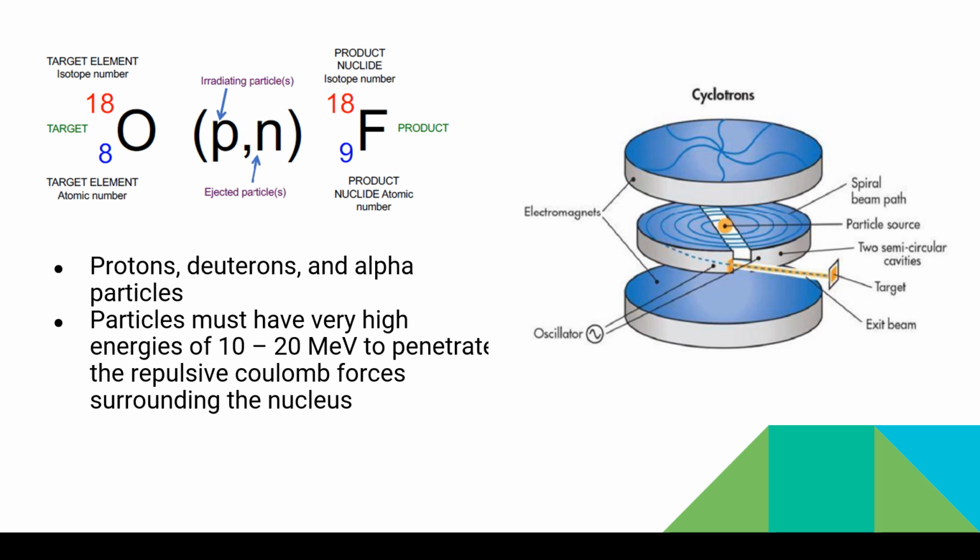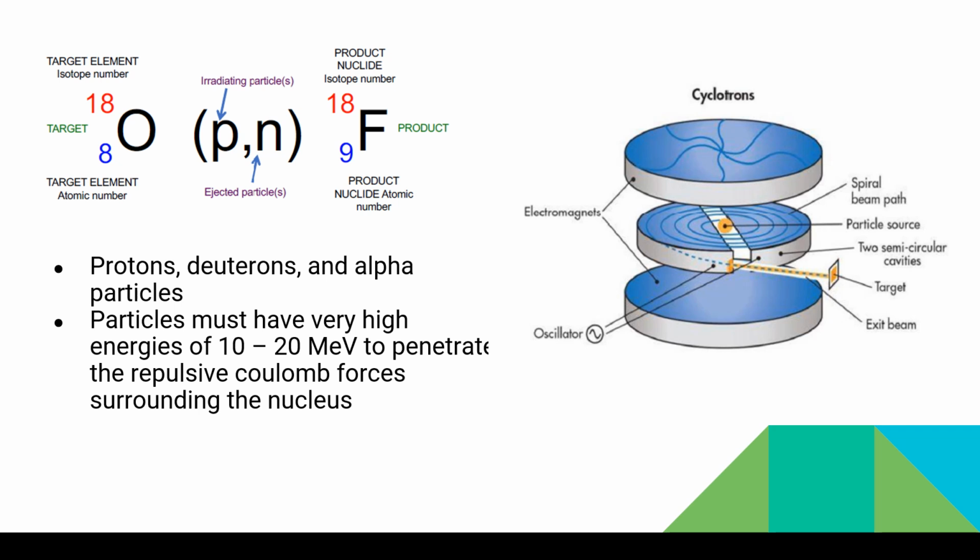So this is typically what's used in the production of F-18. The target element is basically just stable water, and then the protons, deuterons, and alpha particles are included. The particles must have a very high energy of 10 to 20 MeV to penetrate the repulsive Coulomb forces that are surrounding the nucleus. So all that's saying is it really has to have enough energy to overcome